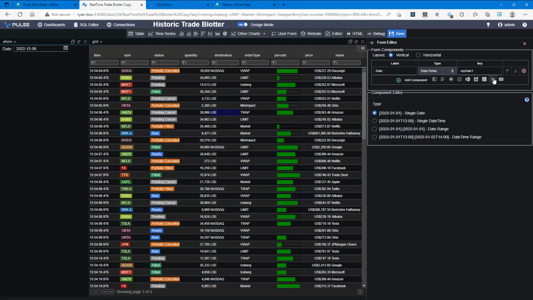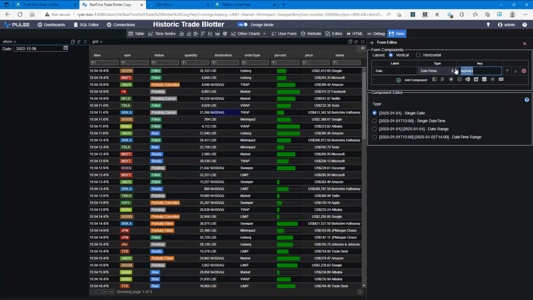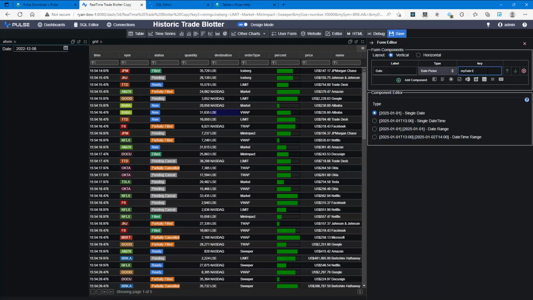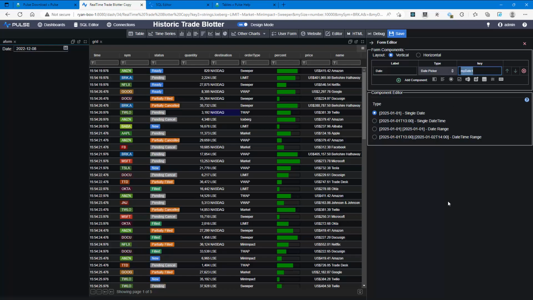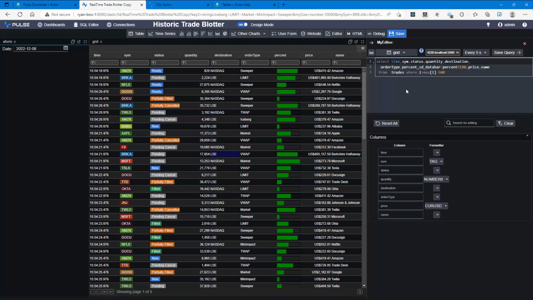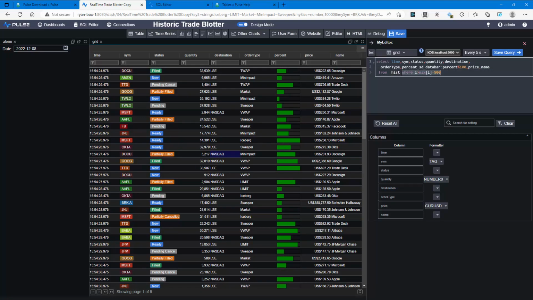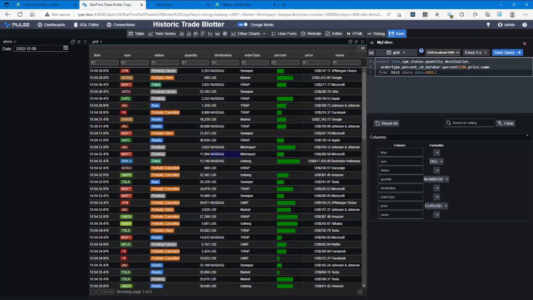So the important part here is this key. When you select a form, it updates the key. I can now use that key within my select query. So let's take the key my date 1. If I go to the query, so this is meant to select from hist, and that was the real time, but we wanted the historic, so let's do where date equals